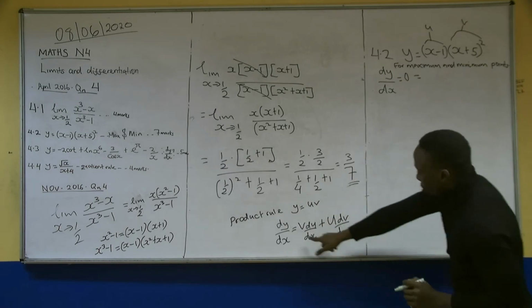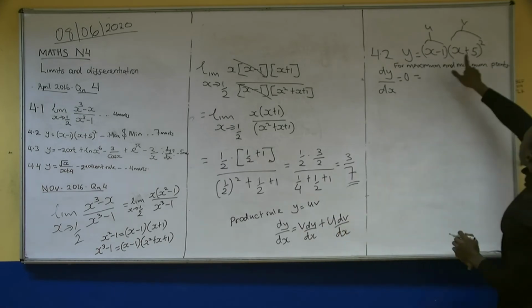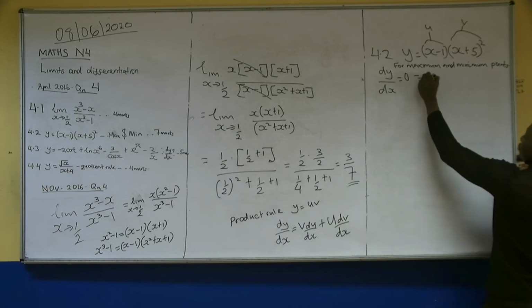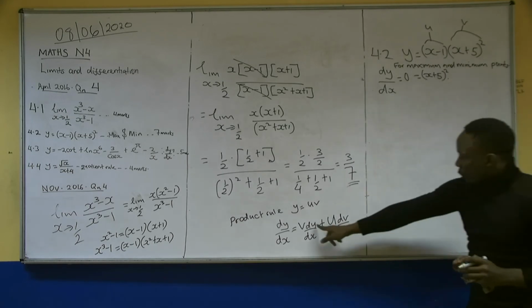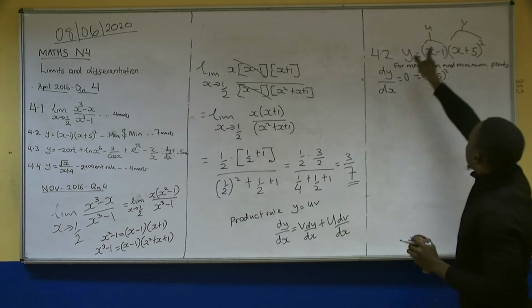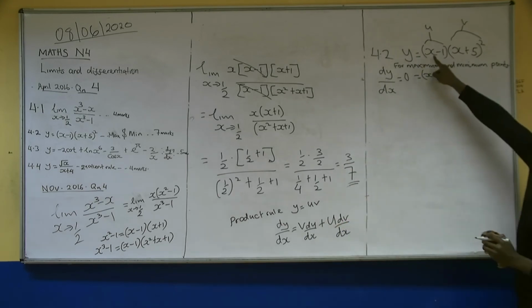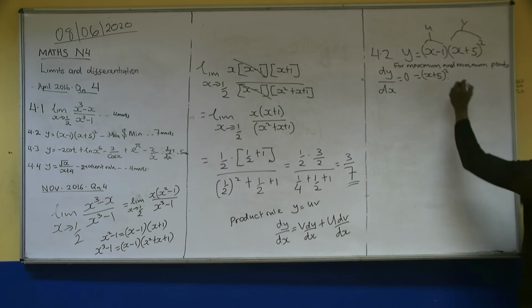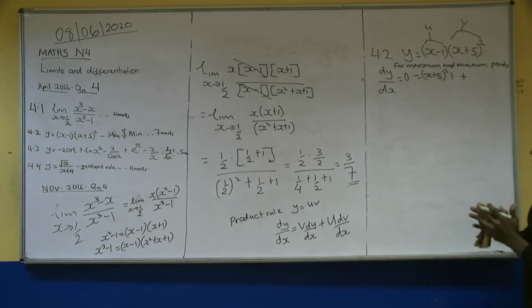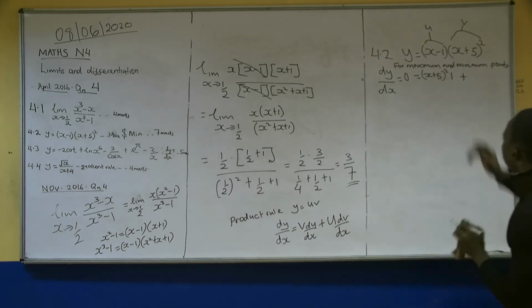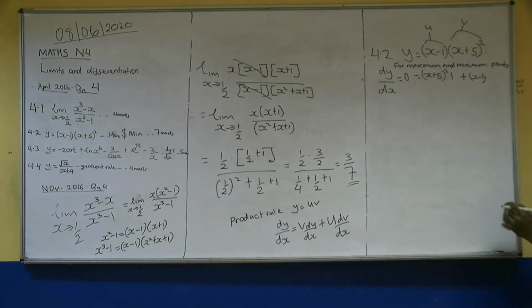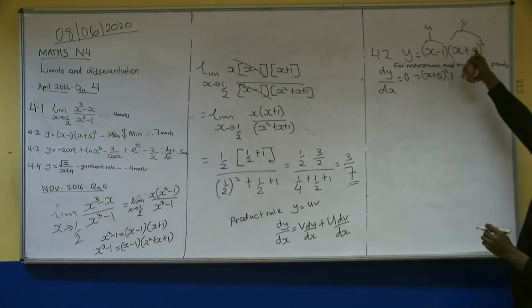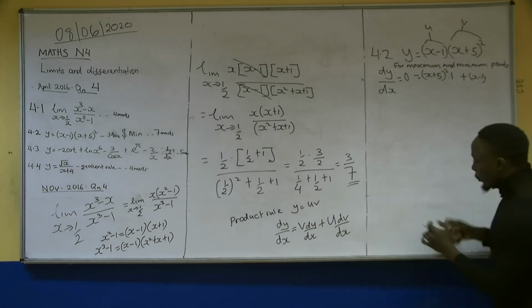Now we follow the formula. v is x plus 5 squared. We maintain it, so it is (x plus 5) squared times the derivative of u, du/dx. We are going to differentiate u with respect to x. When you differentiate x minus 1, we get 1, times 1, plus what next? u. We maintain it. It is x minus 1 times, if we differentiate v with respect to x,